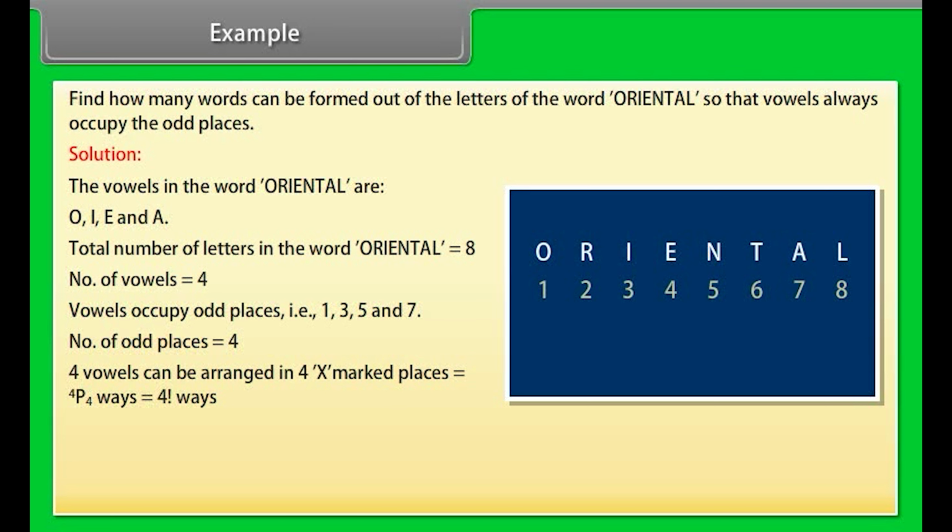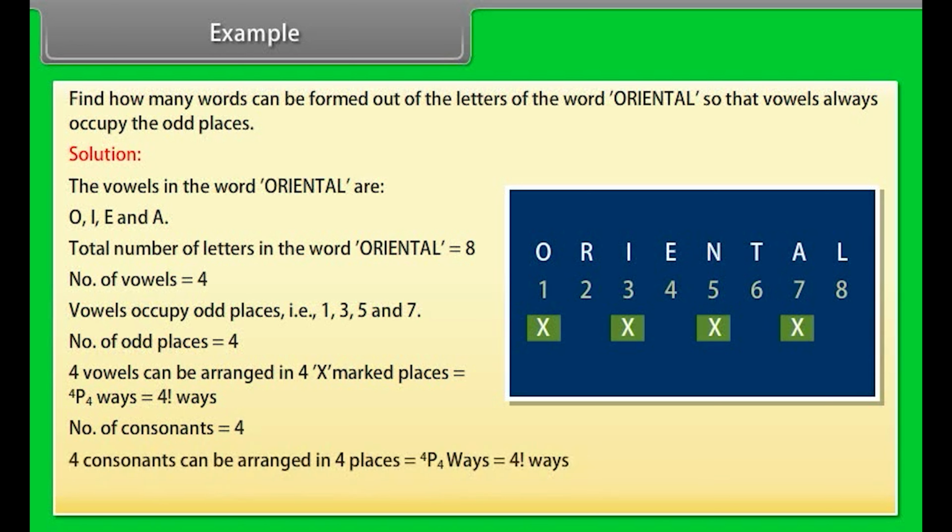4 vowels can be arranged in the 4 marked places in 4P4 ways, which is 4 factorial ways. Number of consonants is equal to 4. 4 consonants can be arranged in 4 places in 4P4 ways, which is 4 factorial ways. Required number of words is equal to 4 factorial into 4 factorial is equal to 24 into 24 is equal